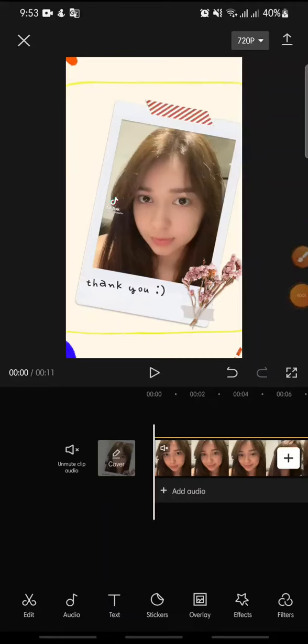In this video, I'm going to show you how to add write message template on CapCut apps. Now let's get started. First, after you open your CapCut apps and add a video that you want to edit,